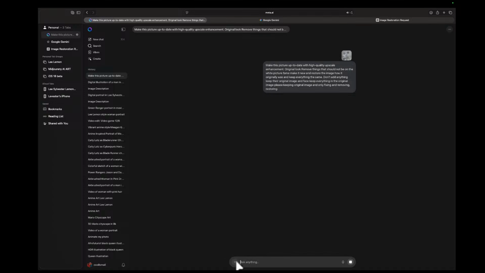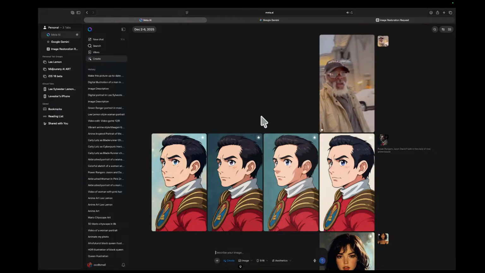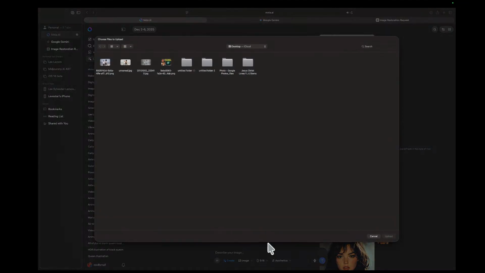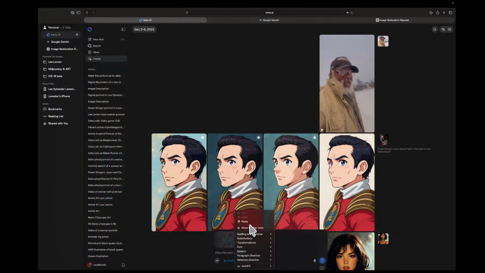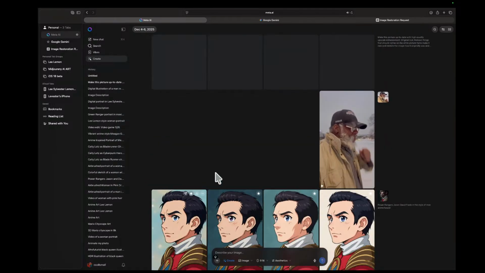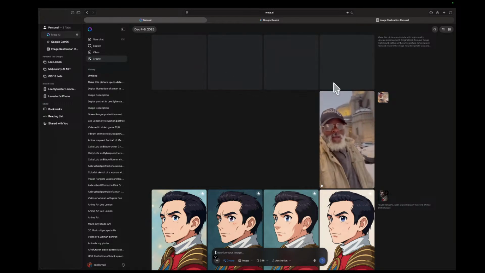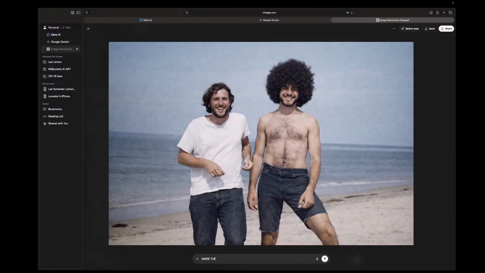Okay, so we've got to go right here, go to creation right here, upload this, and put it like this. And let's see, we've got to hit continue and wait for the image, because this is Midjourney loading right now. So make this up to date